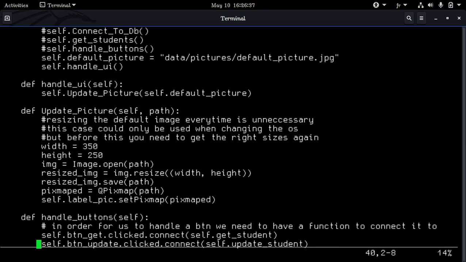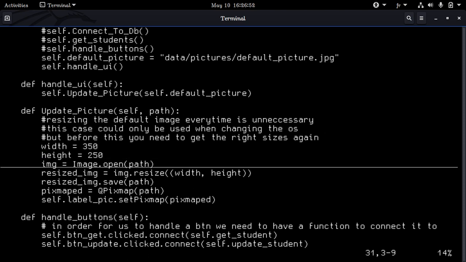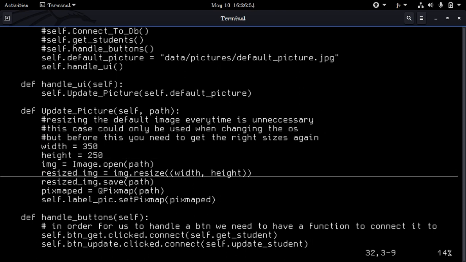So this whole code gets executed each and every time we open our application. So you notice that we have the width and the height of the default image, but we don't need to resize it each and every time we open the application. For now we are gonna leave it this way because it doesn't make any difference for now,